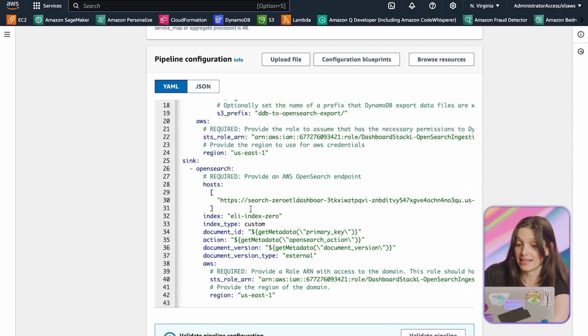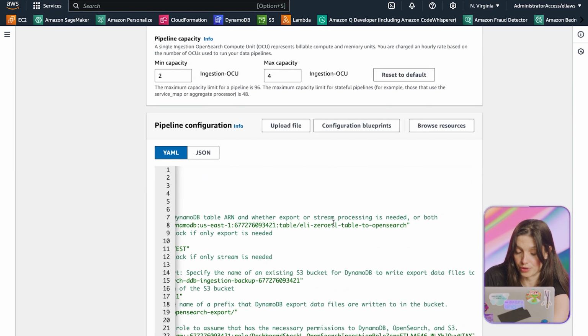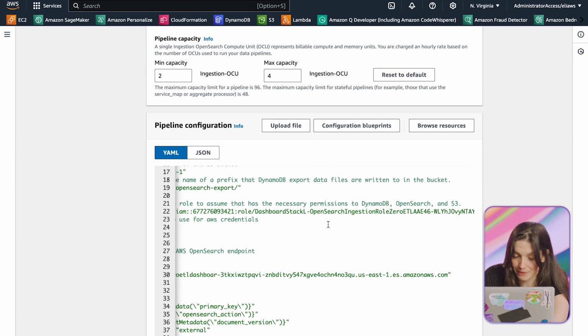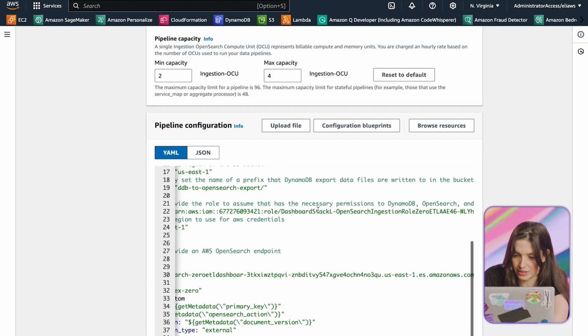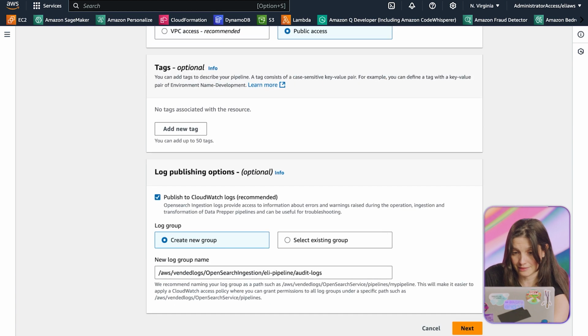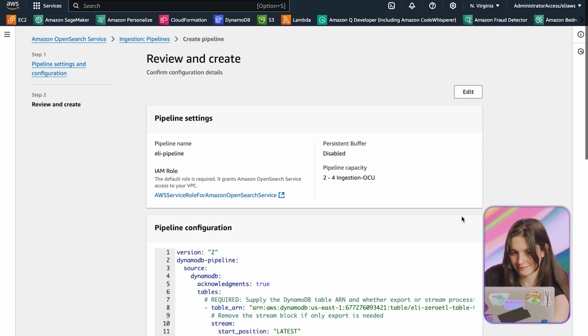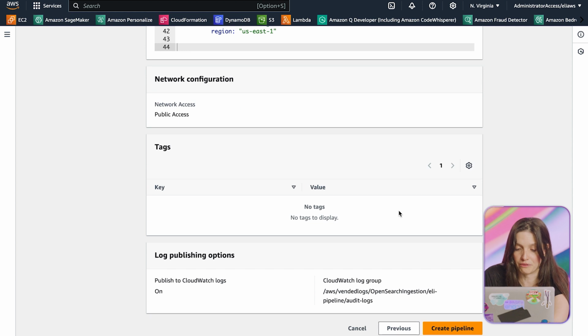My index is the index 0, and we have to put the name of our DynamoDB table, the zero-ETL table, to OpenSearch. And we have to put here our domain of the OpenSearch service. So we have here the domain and all that, the configuration. And then next, we can review our code and all configuration, and then we create the pipeline.